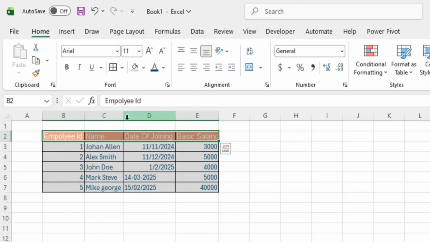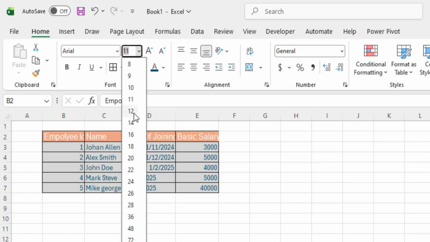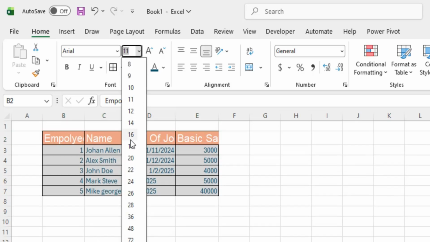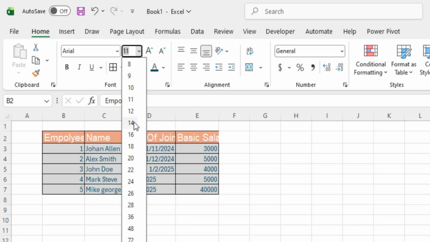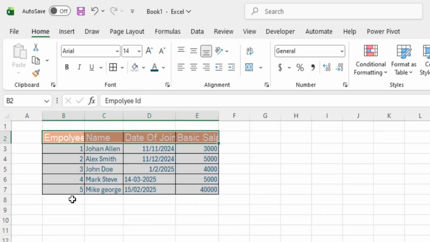In the same way, we can change the font size. Again, go to the Home tab and select the Font Size option. When you place the mouse on the size list, it will show different size options. For example, if we select 14, you will see that the heading text size increases. However, after increasing the font size, you may notice that some heading characters become hidden because the column width is